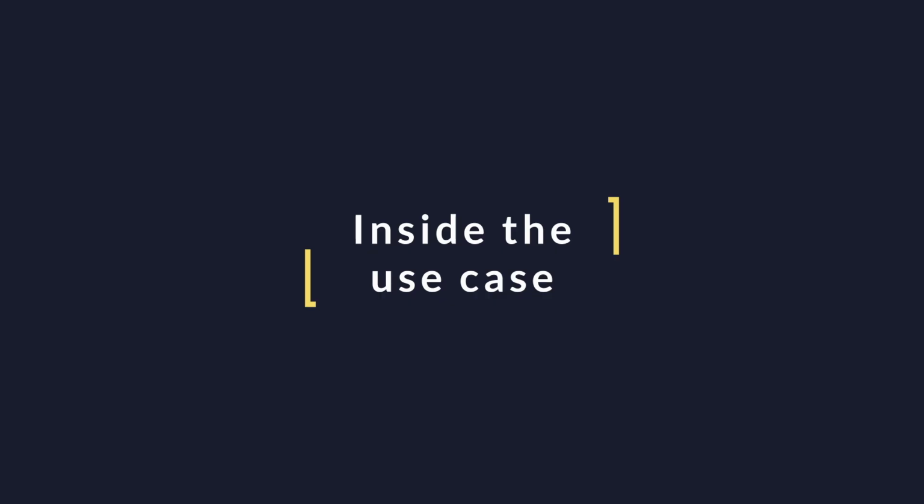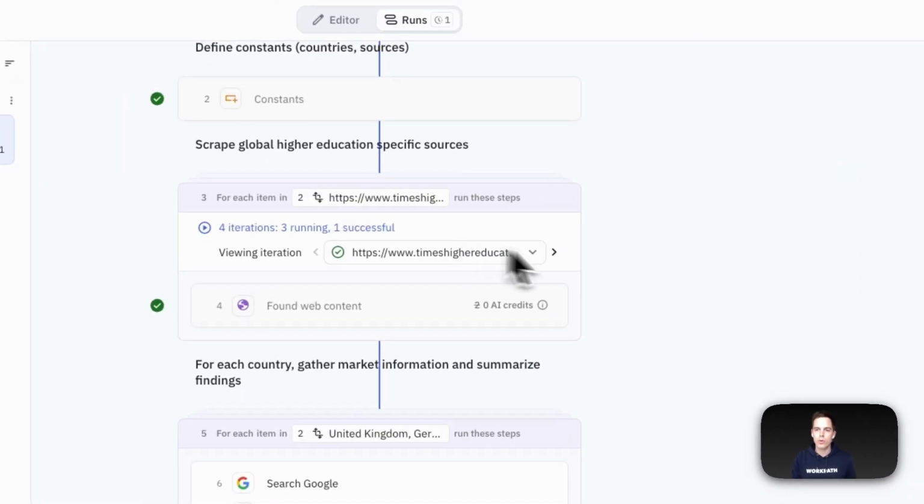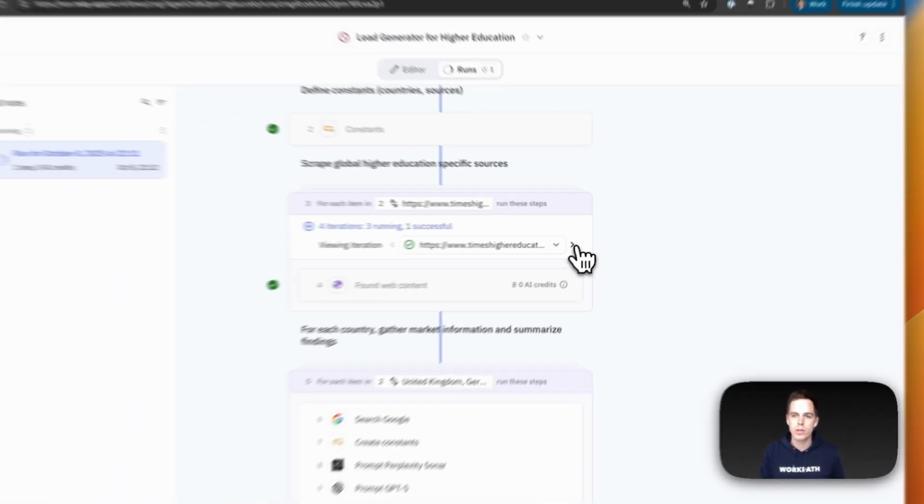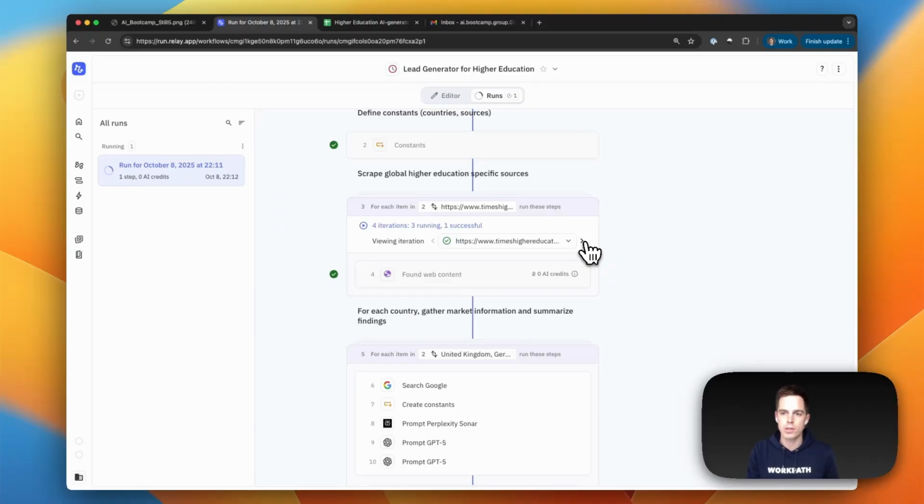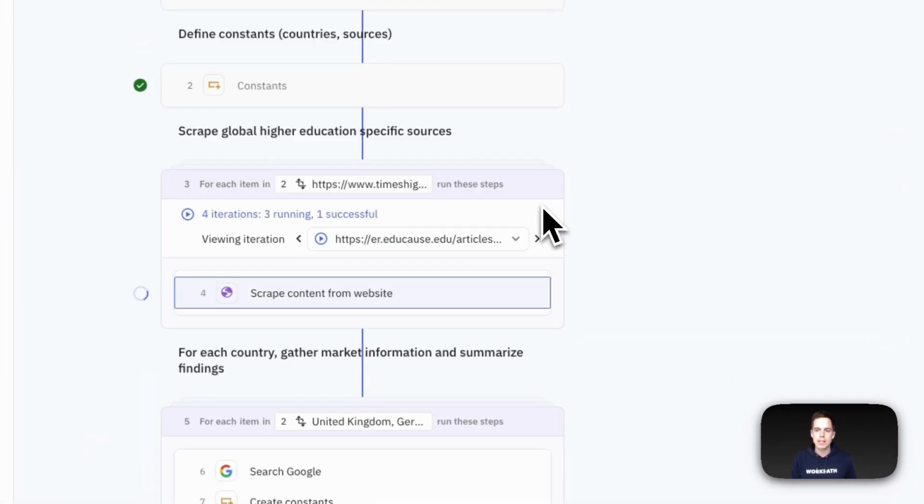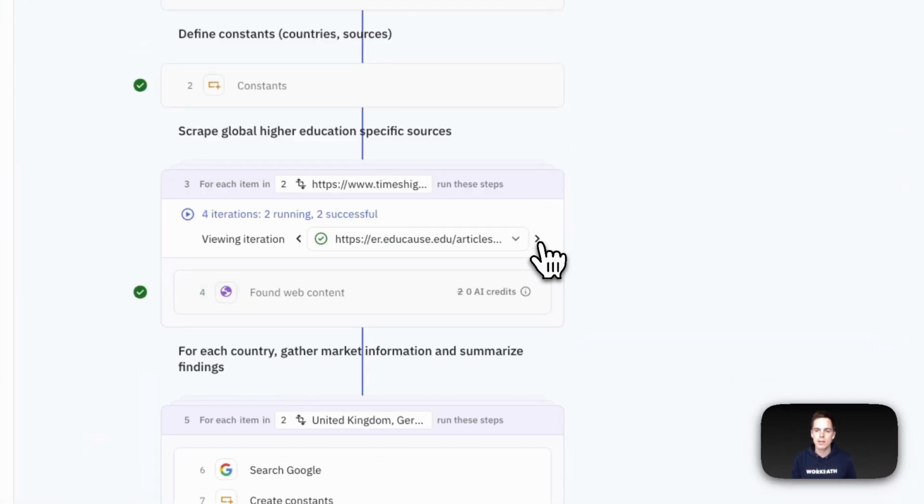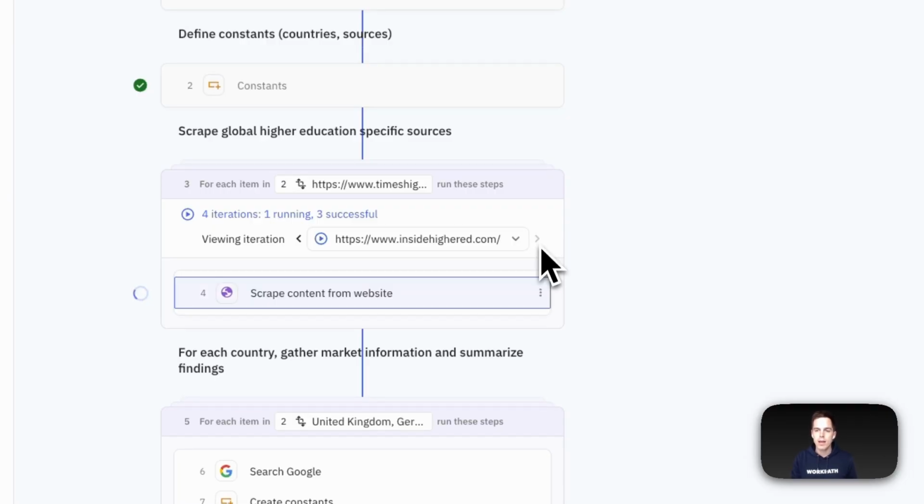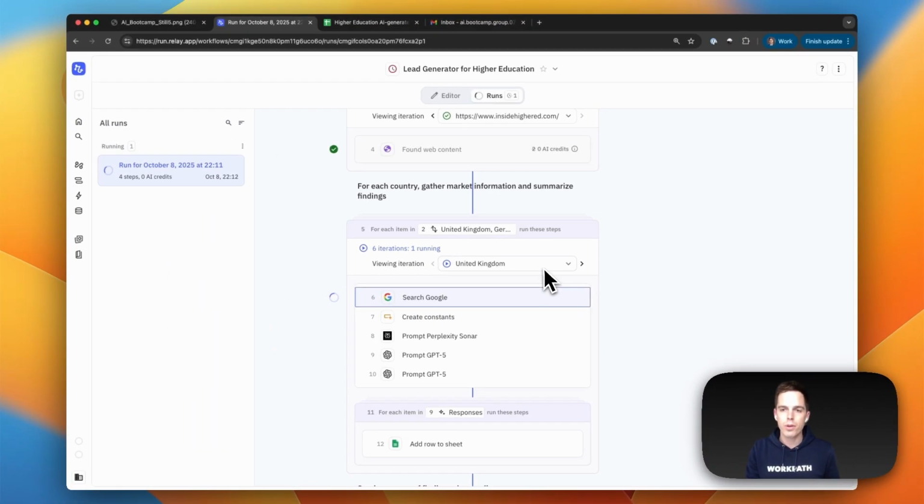The first thing it does is it crawls through a few valuable online researches that Theresa curated herself. So from this, it gets the web content, translates it to text, and keeps it as a resource for the AI to process later. The next thing it does is for all the countries that Theresa has defined, it does